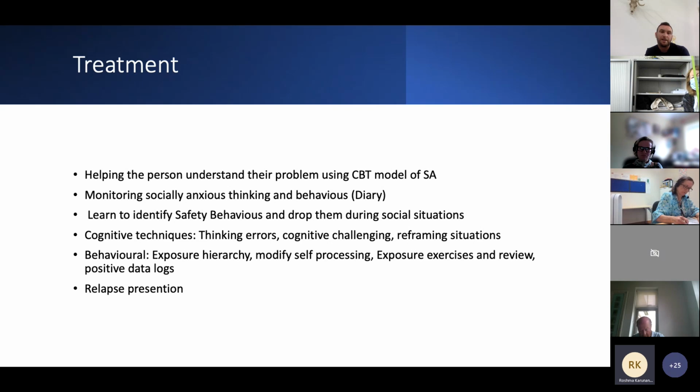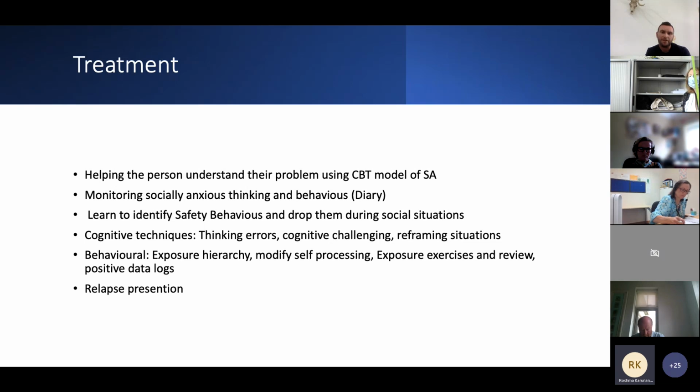A lot of these tasks can be done by conversations or by writing the material out. What you're really doing is sowing the seeds of doubt, that maybe the person's thinking hasn't been entirely correct and that there's another viewpoint which they can learn from. The next bit then will be behaviour. Behavioural techniques and exposure are fundamental for the treatment of social anxiety. I'm going to go through all this in a minute, but what you're talking about here is exposure hierarchies.